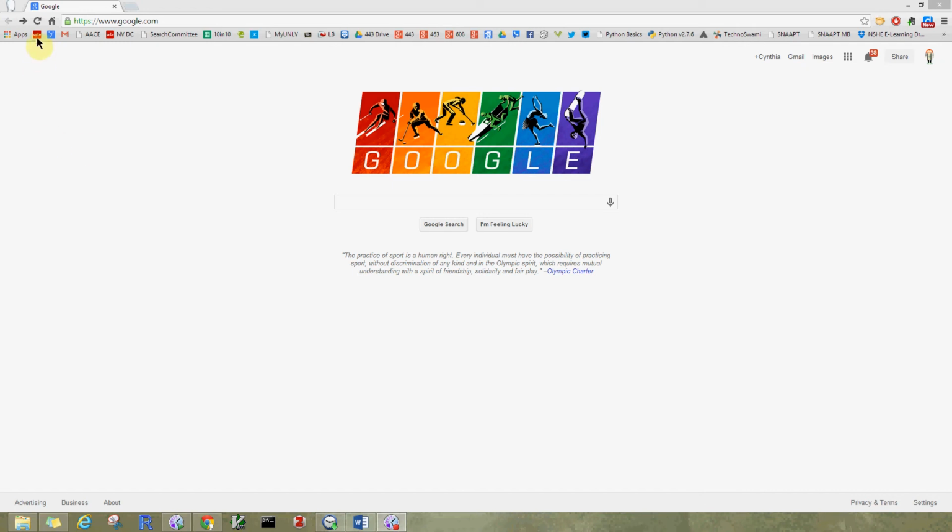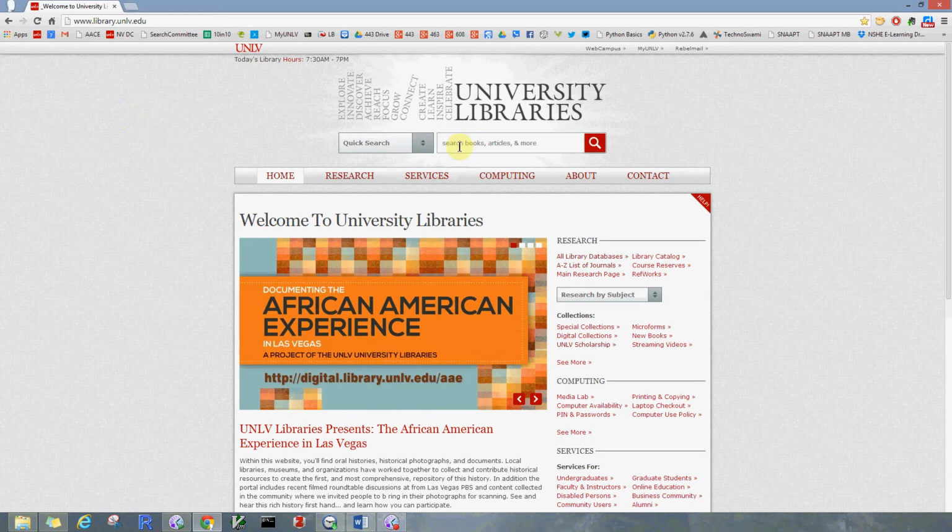Now, I have to look at all these icons. Anything I go to a lot, I tend to put little icons up on my bookmark bar. So I go to UNLV Library. And what I want to do is right here, and the instructions are also in the